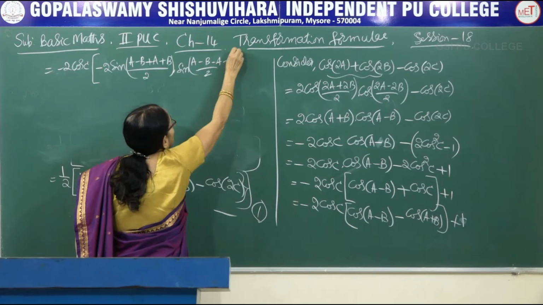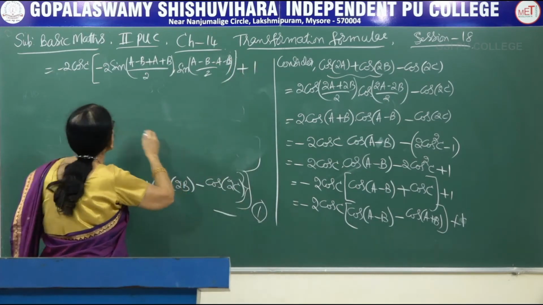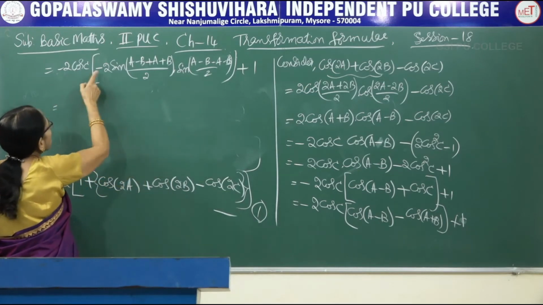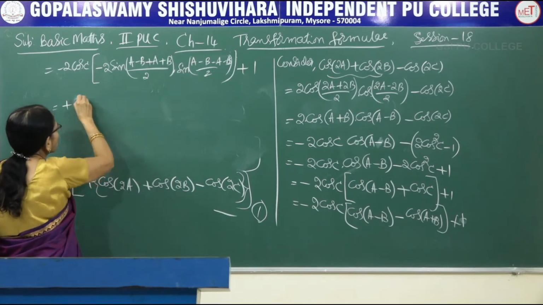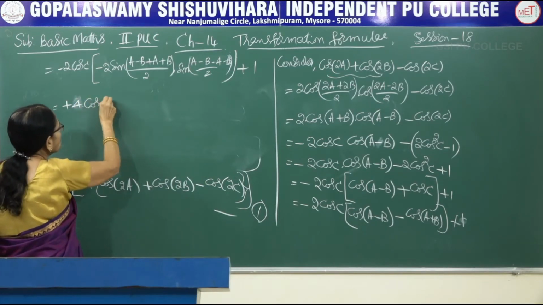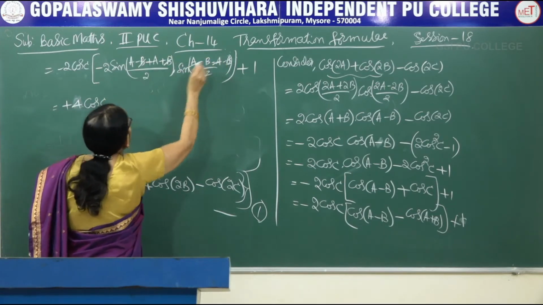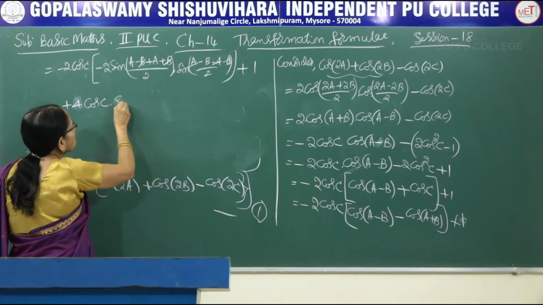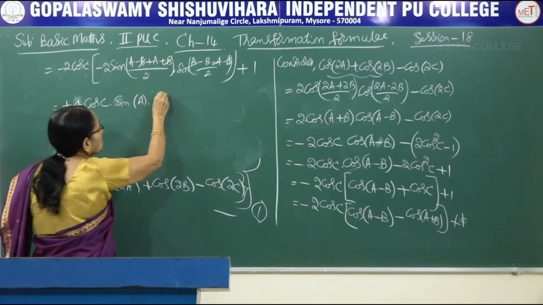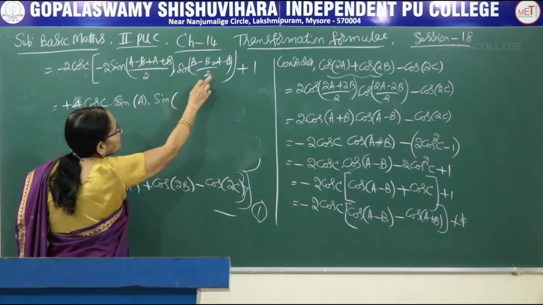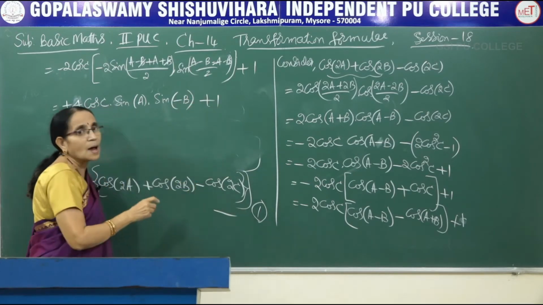Close the bracket. Okay. Close this bracket. Then write that plus 1 as it is. Now 1 is a separate term. Minus of minus plus. It is 2 into another 2. So write it as 4 cos of C. Here I am writing. Cancel B here. Cancel A there. So what we will be getting? It is sine of (A plus A) 2A by 2 into sine of (minus B minus 2B) by 2, that is minus B. Write that one as it is.